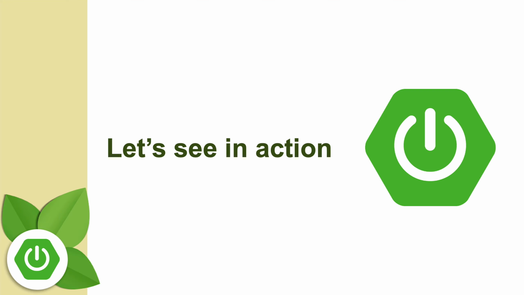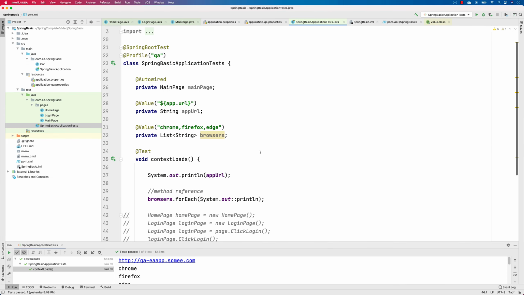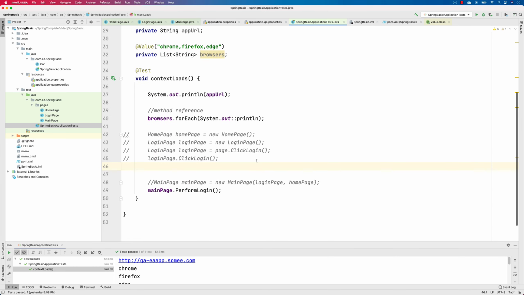So we're going to see everything in action, at least in terms of the installation part, in our existing project in this video, and then we'll start discussing more in our next couple of videos. So for that, I'm going to flip to my IntelliJ IDE. All right, coming back to our earlier project,